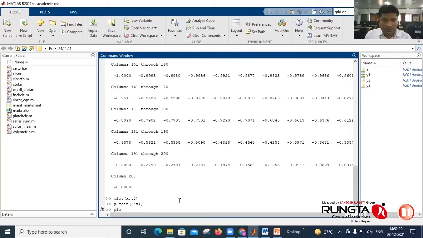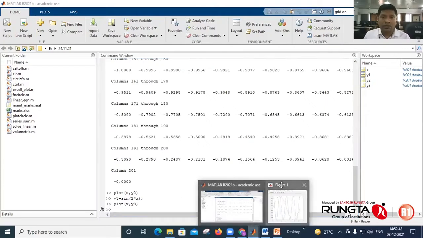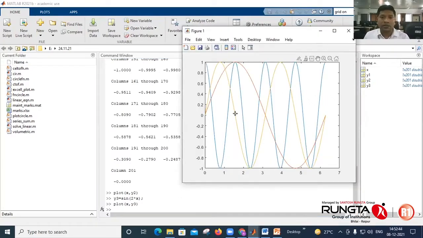So plot x against y3. It will add another line. This is shown by yellow color.